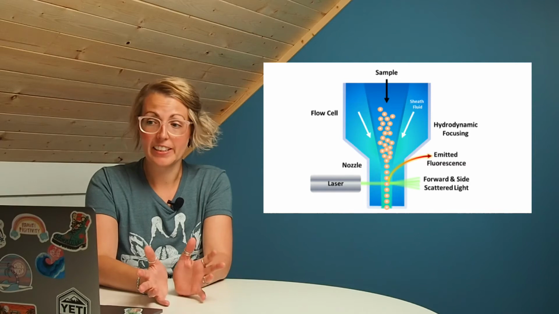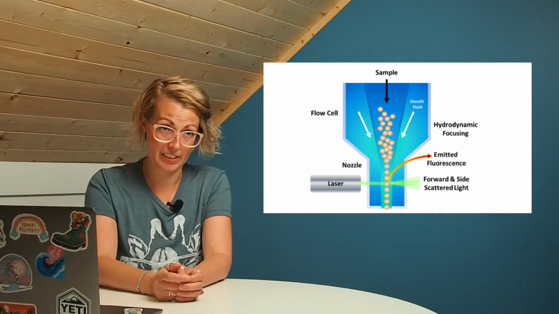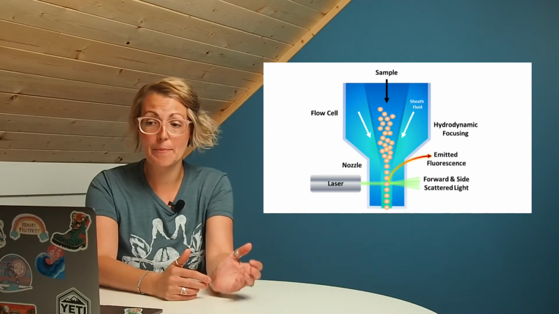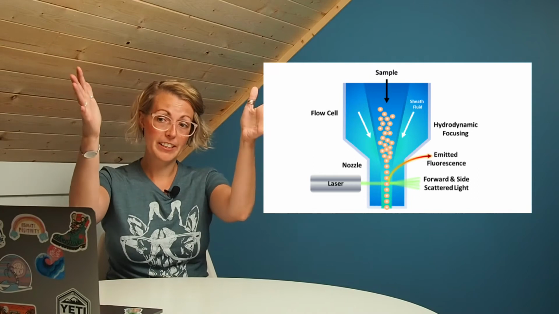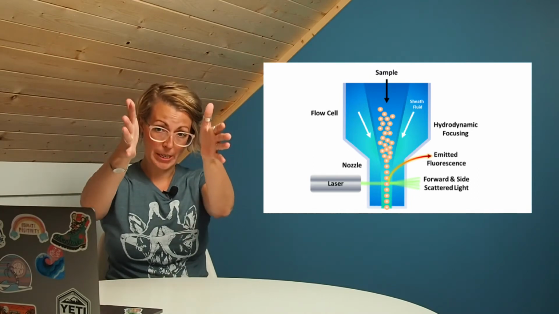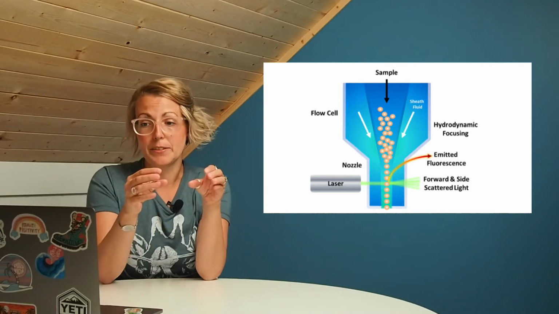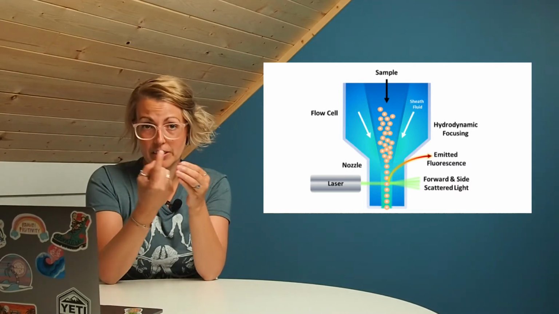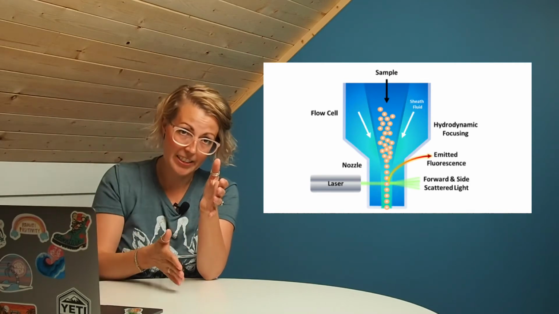How this focusing is accomplished is through something known as hydrodynamic focusing, which works on the principles of laminar flow. So basically, your sheath is flowing at a faster rate than your sample and in a cone shape, which focuses your sample into a narrow stream. And this enclosed outer layer of sheath creates essentially a drag effect to bring your sample in its core stream